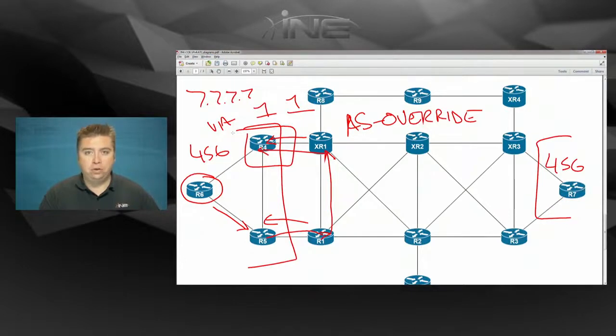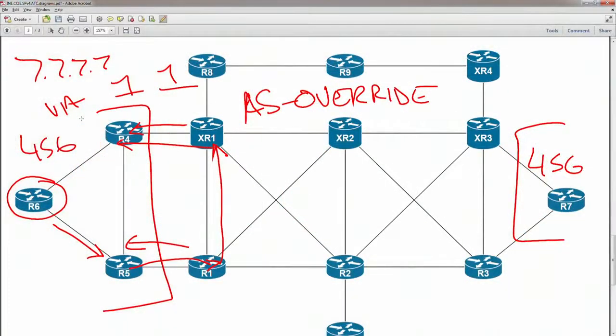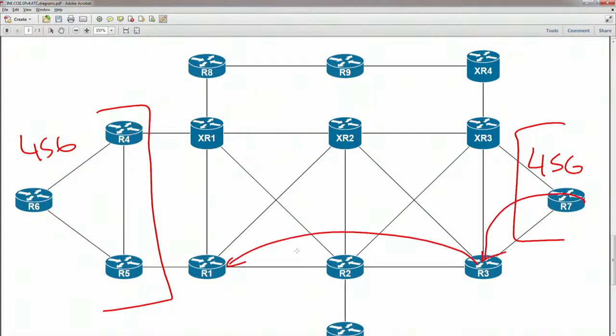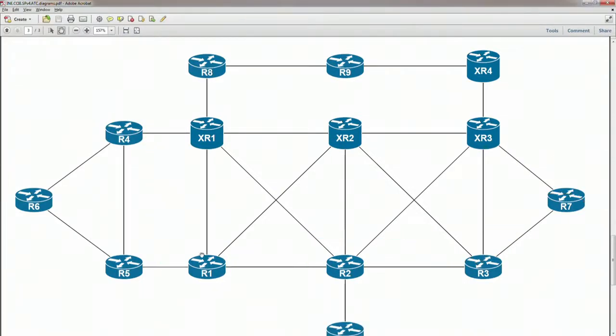We don't necessarily have to use the site of origin to do this. We could apply this with a prefix list filter or with an access list, distribute list. We could do it with our own community that we are specifically tagging. But we'll see that the site of origin is a very simple solution for this because it's an automatic inbound and outbound filter for routes that contain this specific extended community. So the way to specifically implement this is that we'll say when we're peering from router 1 over to router 4, or from router 1 to router 5, we're going to say that router 5 is in the site of origin